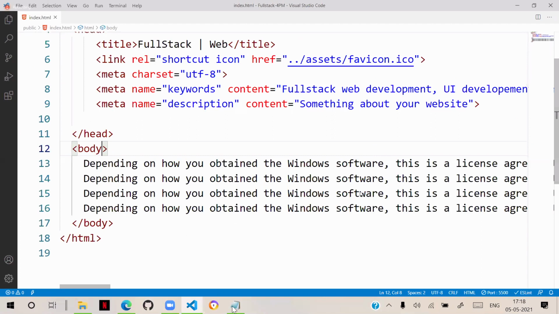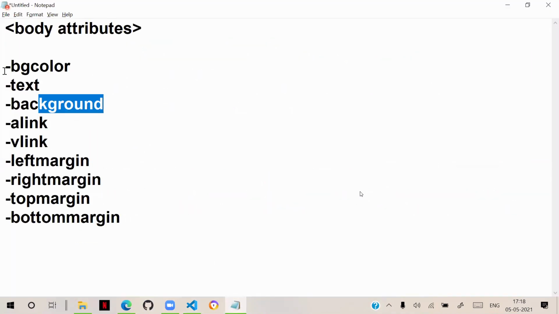These are the options. And remember, when you are writing the attributes, there is no order for attributes in HTML. That means you can write text first and bgcolor later, or bgcolor first and text later. You can write anywhere. It doesn't matter. So for the body tag, you have the attributes bgcolor, text, and background.